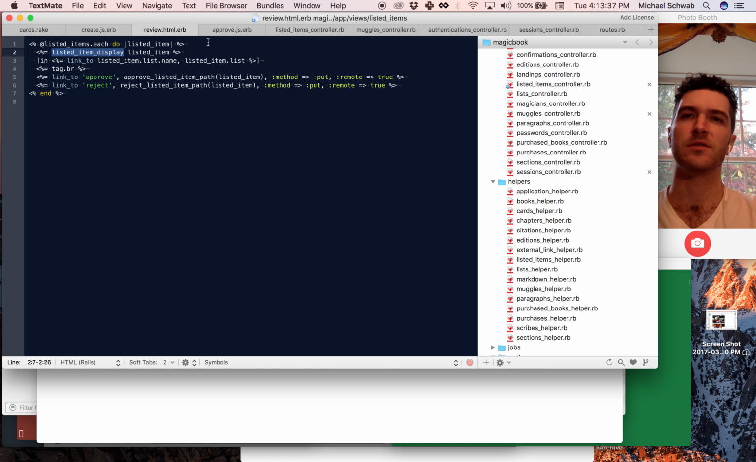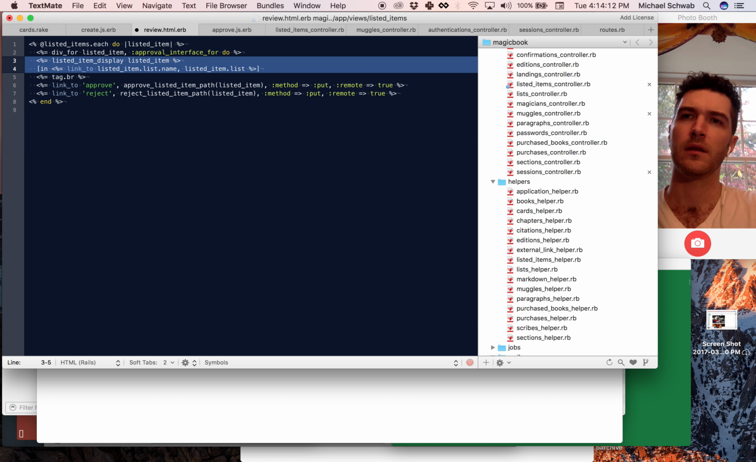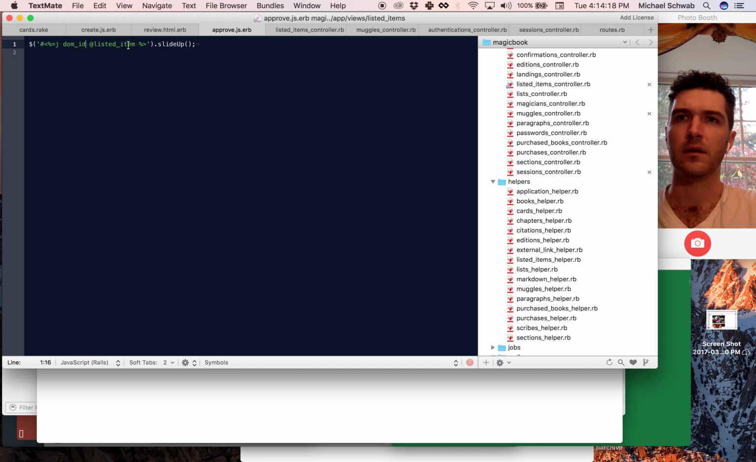And then this, as I mentioned, I'm also going to probably change that around so that not all of, well, I might actually just use styling to hide the interfaces that I don't need for the approval process, but I do need something to group all 5 of these lines together so that I can dismiss them all together. So I can say div for listed item approval interface for, and then here